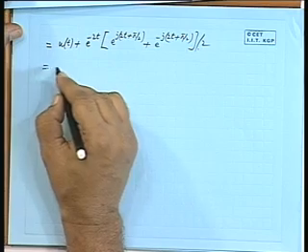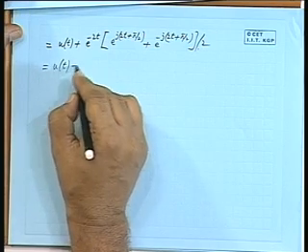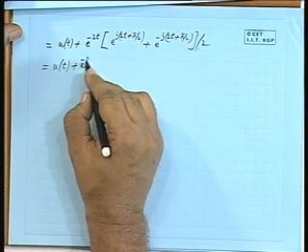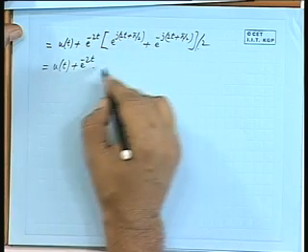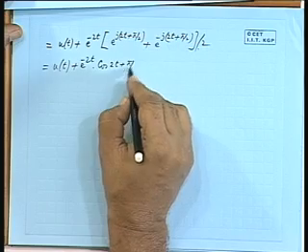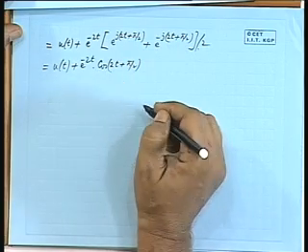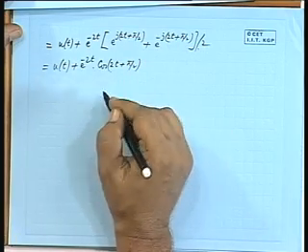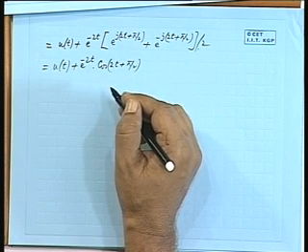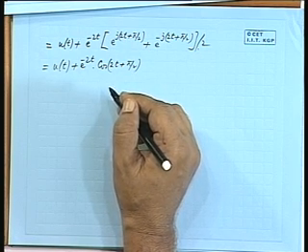So that gives me what? Ut plus, any mistake? E to the power minus 2t cosine 2t plus pi by 2, and how much is that? Cos theta plus pi by 2, sine,